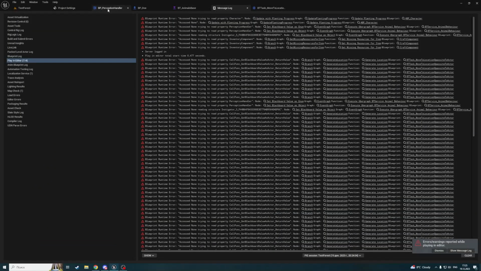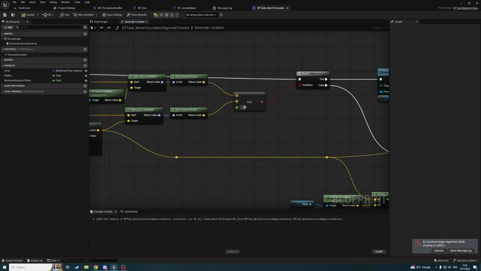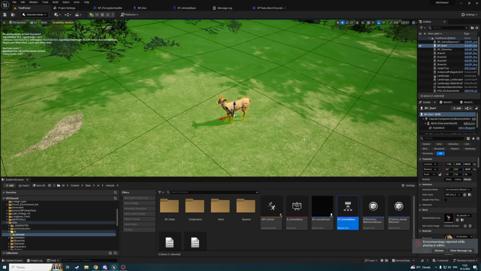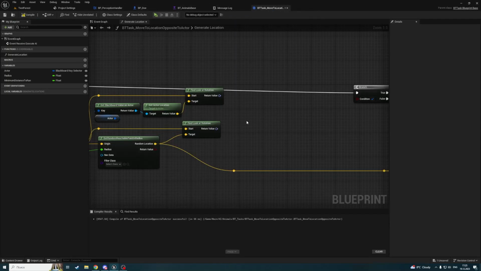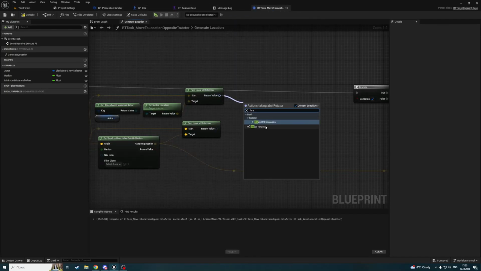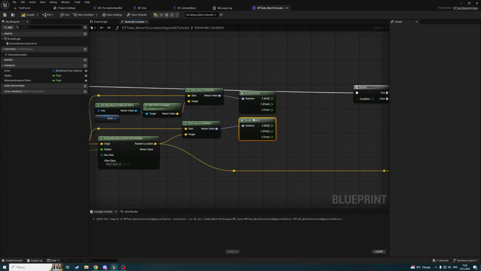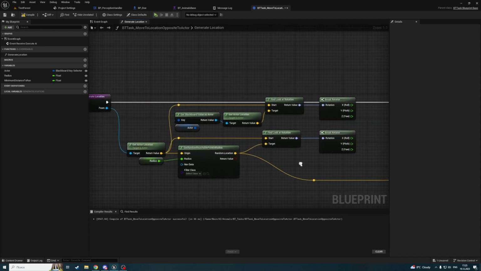Okay, what we're gonna do? We're gonna change this check. We don't wanna use the rotate forward vector because I'm not sure how this condition works, and we're gonna check only the rotation. So let's break the rotator, break this one rotator,